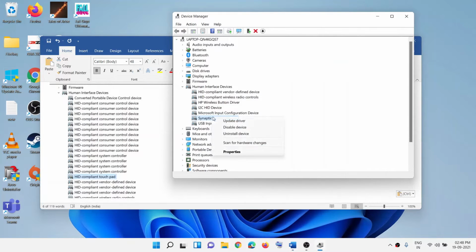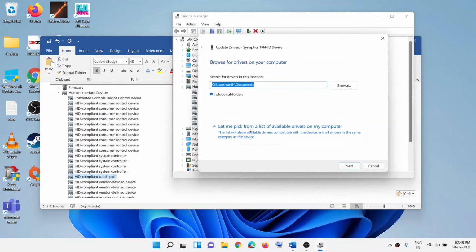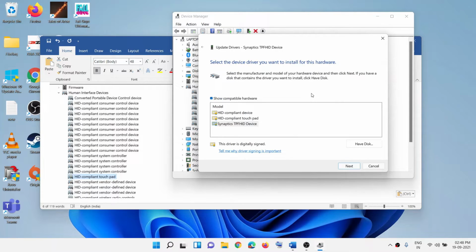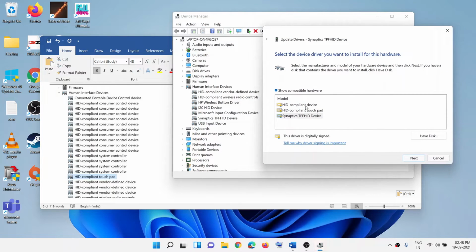So make a right click, then click on Update Driver, and then click on Browse My Computer for drivers, and then click on Let me pick from a list of available drivers on my computer, and then you have to go ahead and select the option. You can go ahead and try a different touchpad driver over here. So in my case right now, Synaptics TPF HID device is selected. If this is selected, go ahead and select HID Compliant Touchpad and then click on Next, install it, then